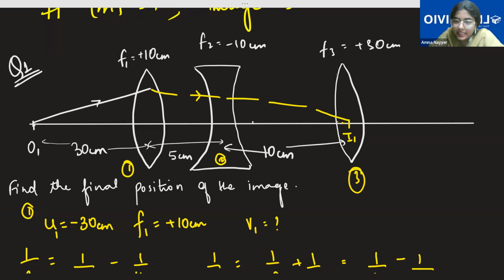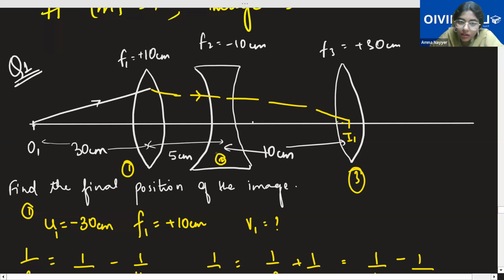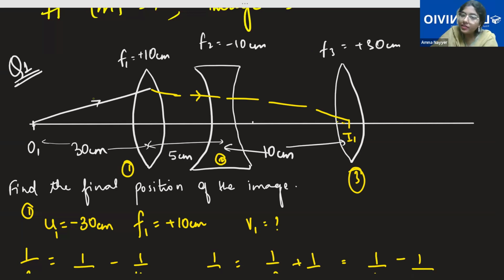See, Jasleen, this is the image formed over here. Now this ray of light is falling on the concave lens. Not this ray. This ray is just for the first lens. The ray of light is falling here. So this will be our object. I1 will be the object. And how do we calculate the object distance? Zainab is right that this image I1 is acting as the object for the second lens. We see from the optical center the separation to the image or object basically. That's how we take the object distance.